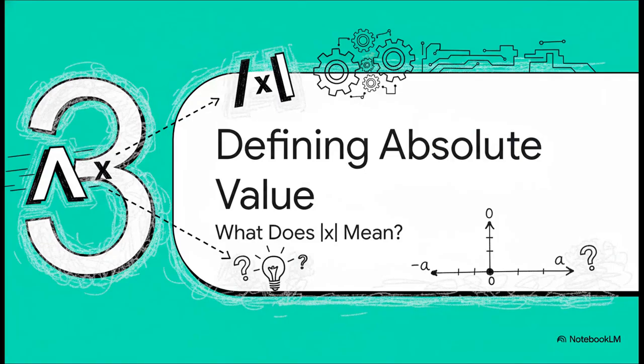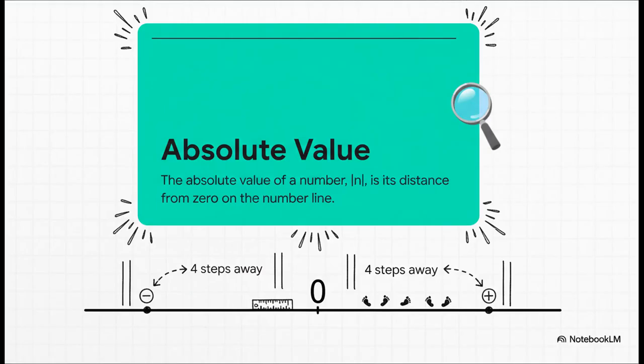So, after all that history, what does this powerful little symbol actually mean? We've traced its journey, now let's really nail down the definition. It's really that simple and that profound. It just strips away the direction, the positive or the negative, and tells you one thing. How many steps away from 0 are you? The absolute value of 4 is 4, because you're 4 steps away. And the absolute value of negative 4? It's also 4, because you're still just 4 steps away.